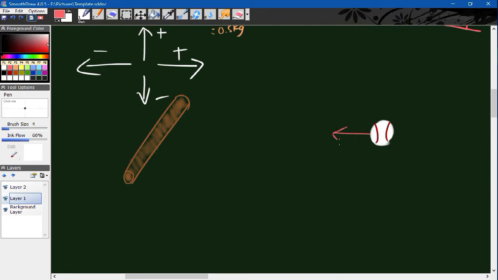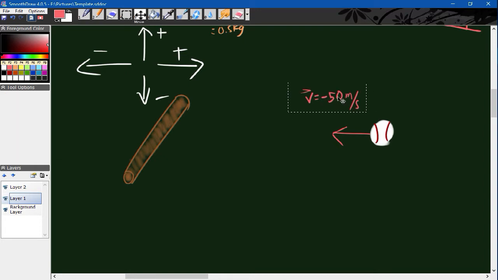Its velocity is that it's traveling to the left at, I have no idea how baseballs travel. Let's say it's 50 meters per second. I don't know if that's fast or slow, but as long as the math works out. Okay, this is our velocity. Since it's in the negative direction, to be more specific, it's negative 50 meters per